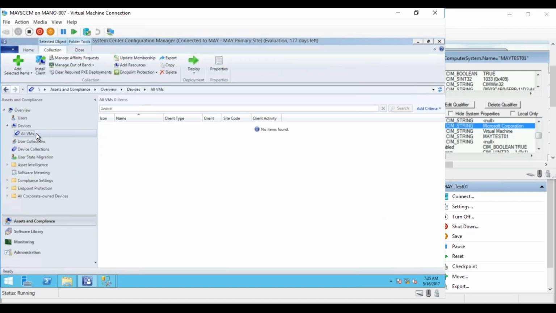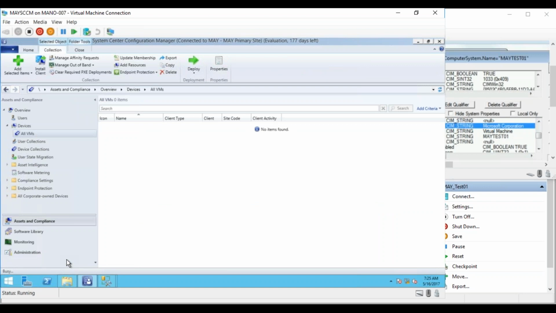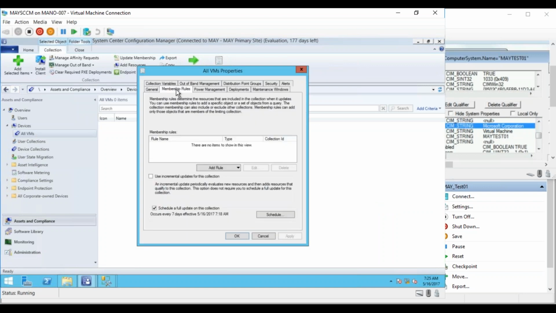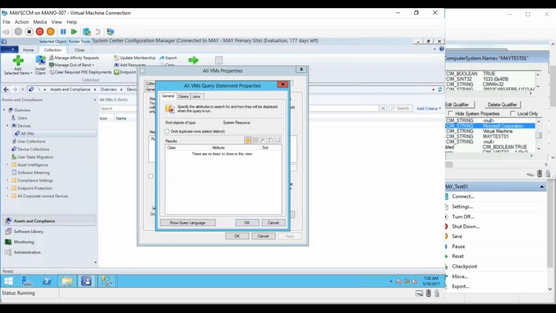That's it. Right now, on all VMs, I go to properties, membership rules, add rule, and I say query rule. I just give any name to this query, VM, right? Edit query statement. And what is the criteria? How do you want to add it? The criteria is,